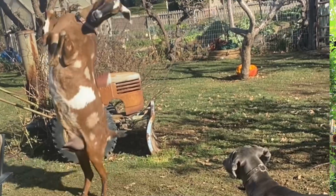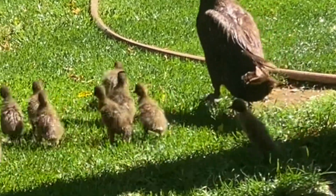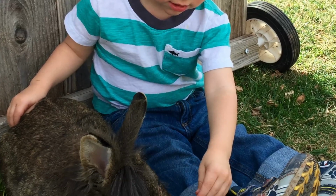Hi everybody, I'm Allie and we're adding a new addition to our little homestead here. I'm so excited about it, I can hardly stand it. We've always had Nubian dairy goats, ducks, chickens, turkeys, rabbits, and even quail from time to time. So after a lot of contemplating this and a lot of research, we're headed to Tremont in Utah to pick